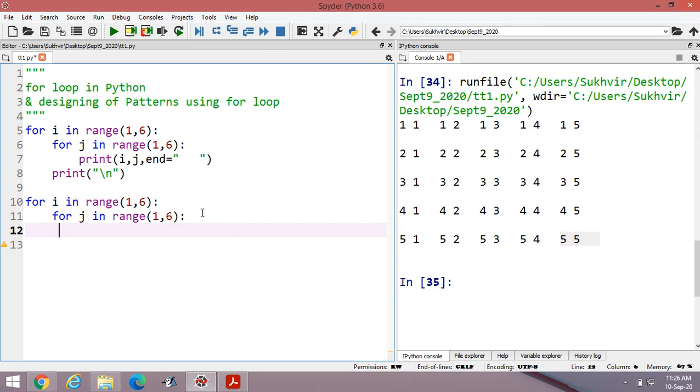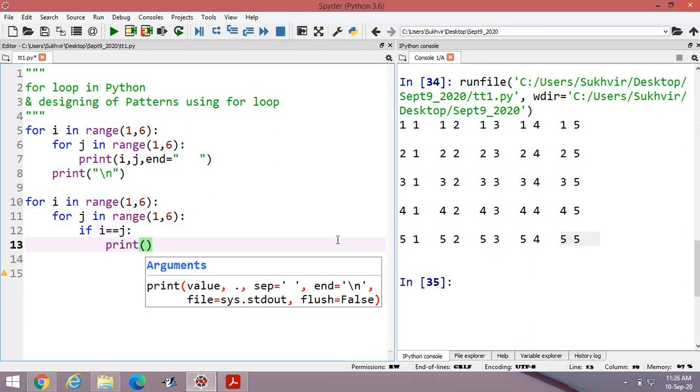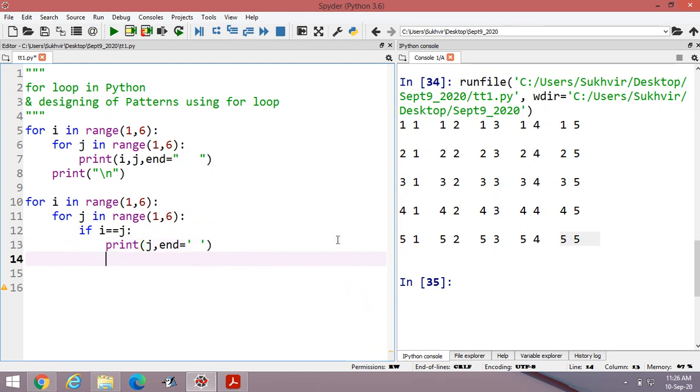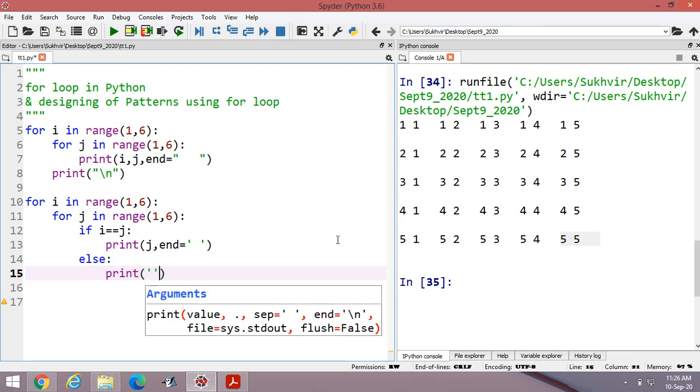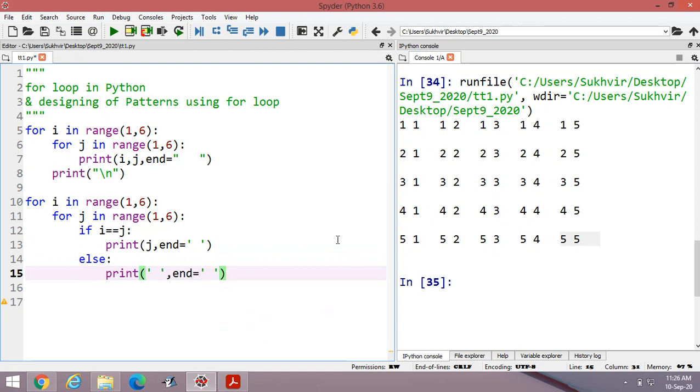Suppose I write here, if i is equal to j, then print the value of j followed by end, else print empty braces followed by end, then print, then empty braces, like this.